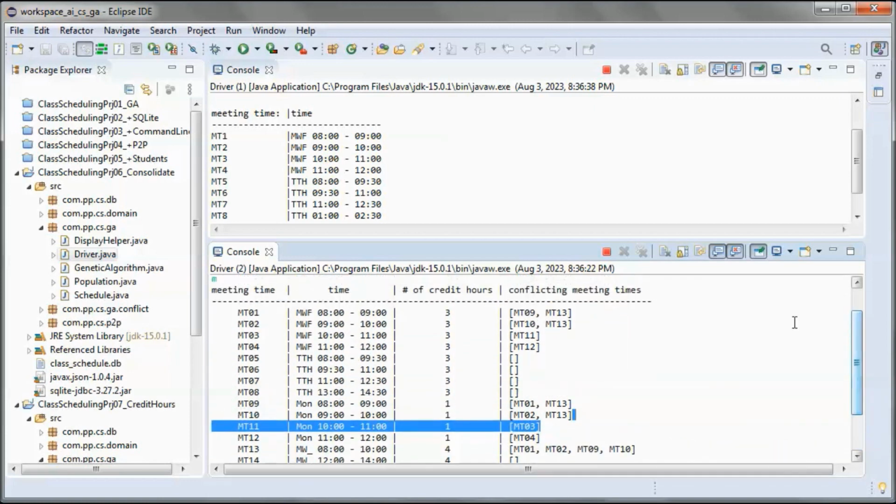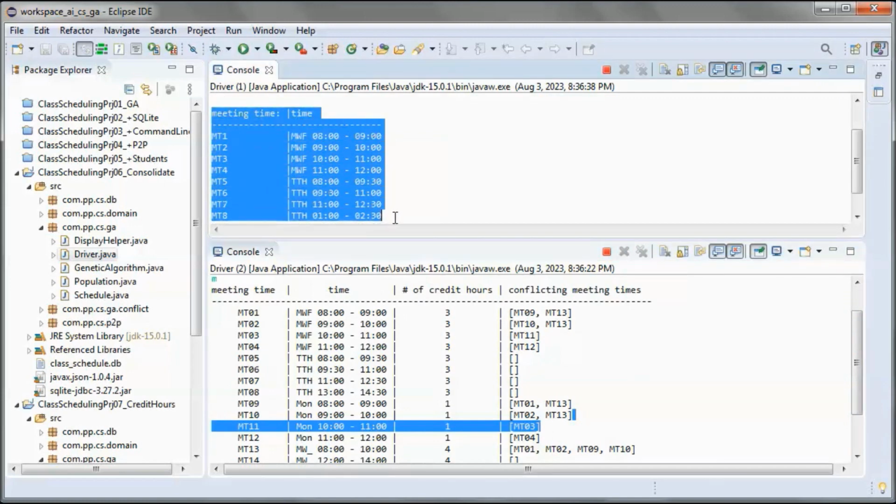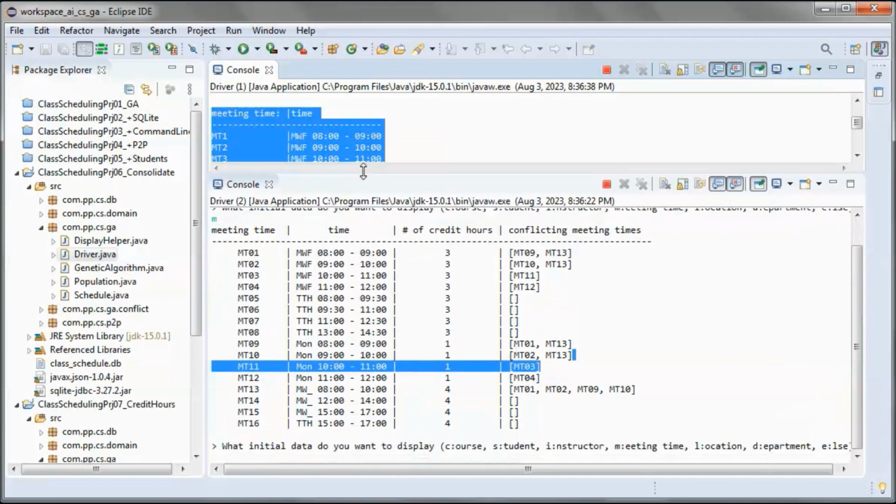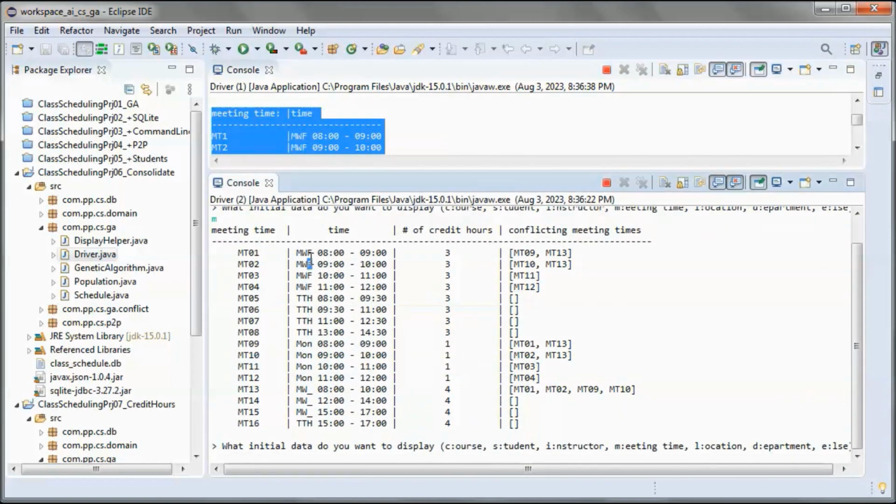And here we do not have any conflicting meeting times, whereas here we have conflicting meeting times. So this meeting time conflicts with this one from 8 to 9 on Monday. This one was from 8 to 9 on Monday, Wednesday, Friday. And this one with 1 credit hour is from 8 to 9.